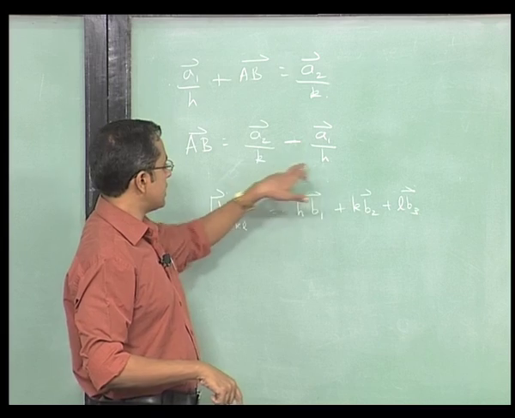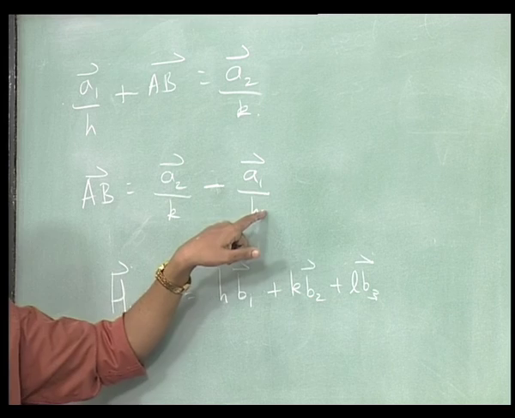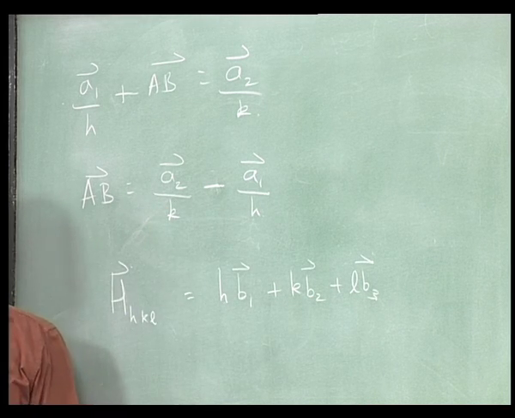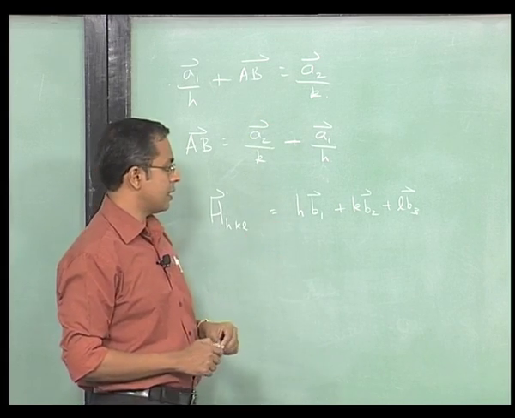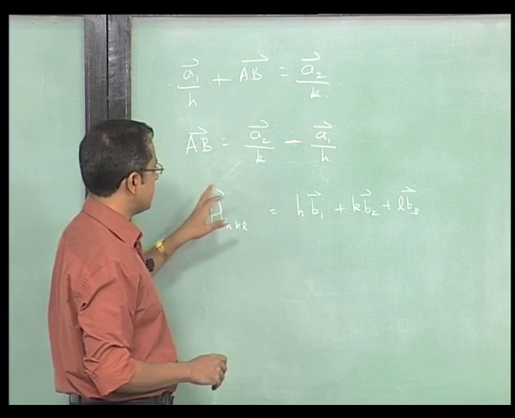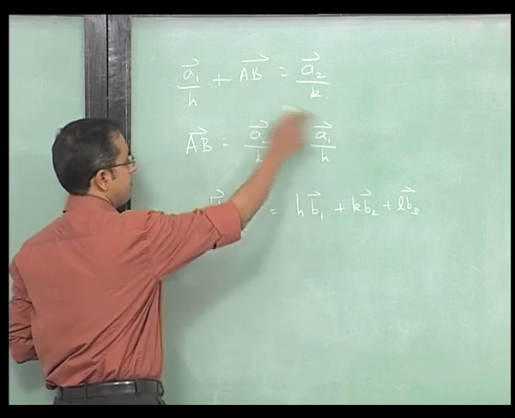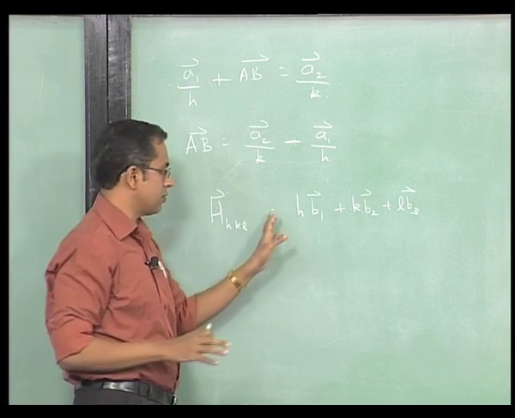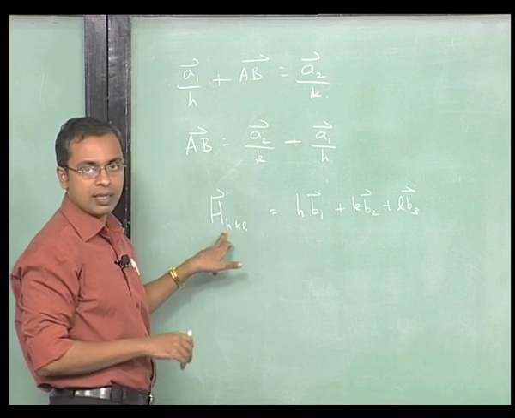Whereas when you use the H, K and L, which are just integers, in the real space, A2 by K and A1 by H, if you take this difference, which is AB, it is a real lattice vector, because these are just integers which you are using in the real space, okay. But they are the same integers this time. We have the same H, K and L being used in two different places. The HKL plane results in this relationship, and the same HKL values we have now used for this definition, although we have got no significance for it yet. We are enforcing the same HKL in this definition for HKL.